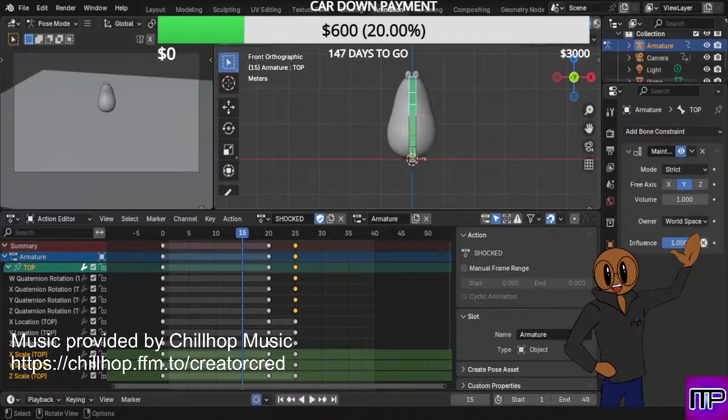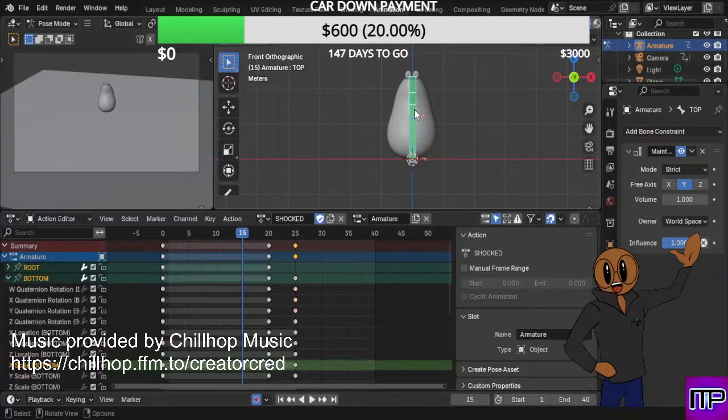Are we in pose mode? Yes, we are indeed in pose mode. Select all the bones. Alright, so I'm listening to the tutorial right now, and I'm trying to follow along with it on the website